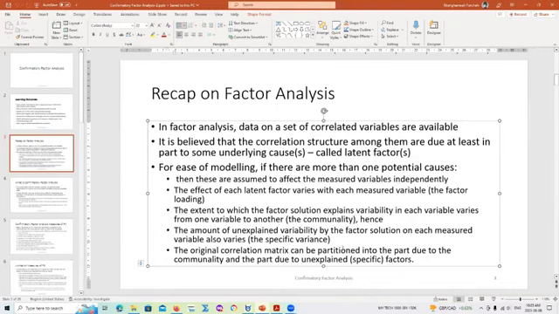If you have partitioned the diagonal entries into the communality and the specific variance, you could end up in a situation where one of the matrices does not satisfy the correlation matrix requirements. That is a problem. We didn't go into that, but it sometimes happens, and it can also create problems within your confirmatory factor analysis, where your model may not fit. I just wanted to give you a brief of what we've done. If there are any questions, if there's something you want to revise in the factor analysis, you can just ask before I go ahead.